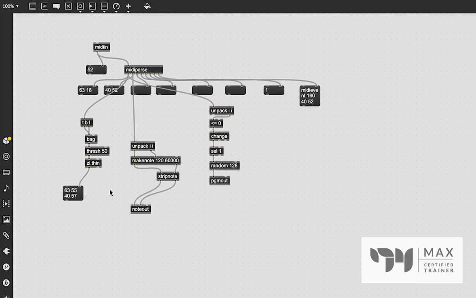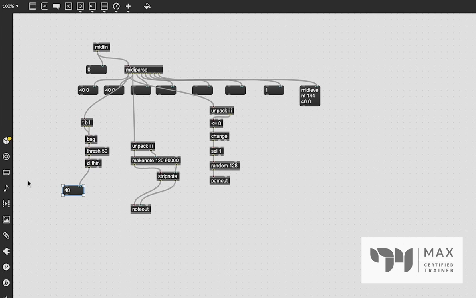I just pressed another, so third, fourth. I'm now holding 5 buttons down and we see 5 notes are being played. And as I start to let go of these notes, we see they are being removed from the list, with the exception of the last number. That will stay even though I'm no longer holding it, but that's okay. We don't really